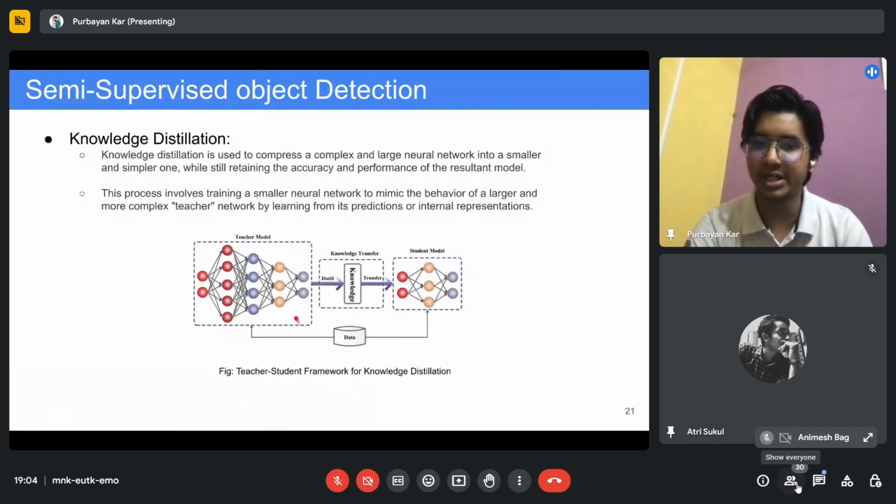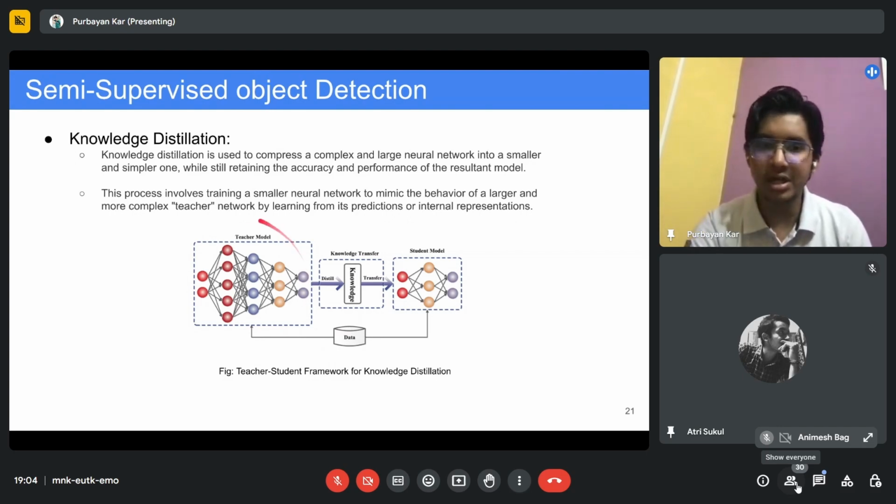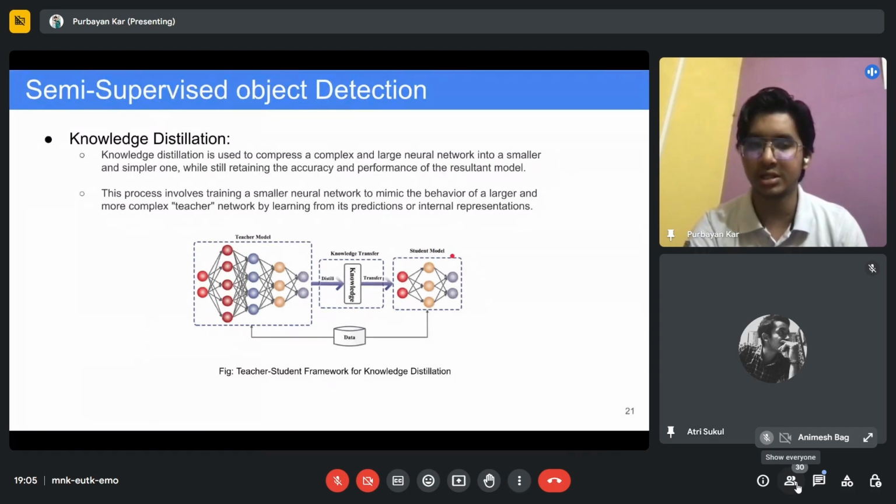It has all the information of this data, but this model is huge. You want to deploy this model onto a smaller device like your mobile device, but you can't because this model is huge. So what you do is transfer the knowledge of this model into a corresponding small model. This process is called knowledge distillation.